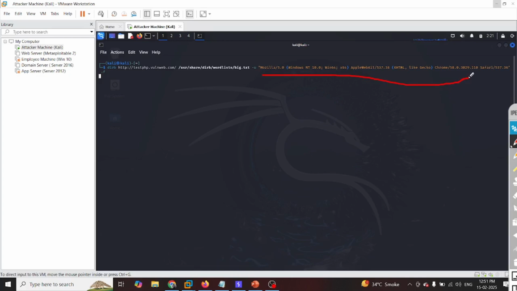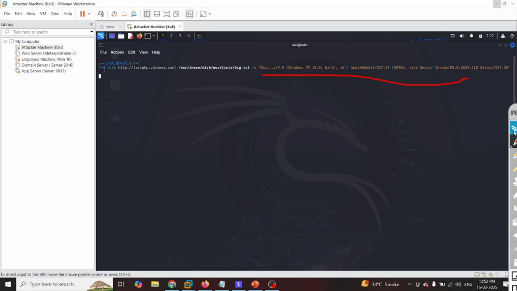Basically, it sets the custom user agent to make requests appear as if they are coming from a legitimate website. I have made this because, if you write this, the application will think that the request is coming from Google Chrome or Windows 10, or any legitimate web host. It would not seem like it is a brute force or coming from any unauthorized source. So this is what it is used for.